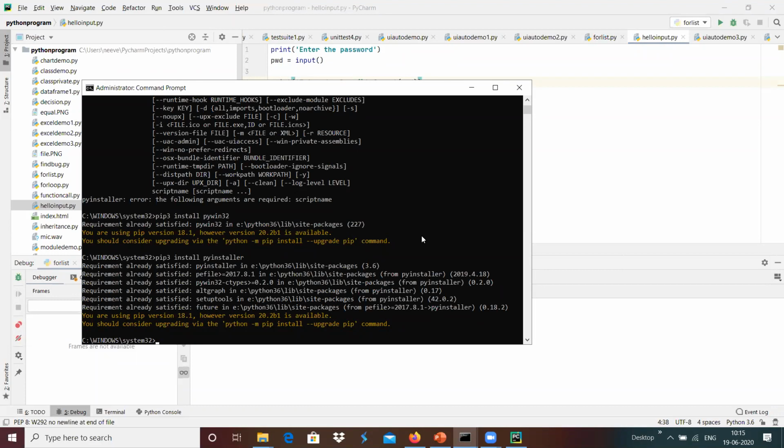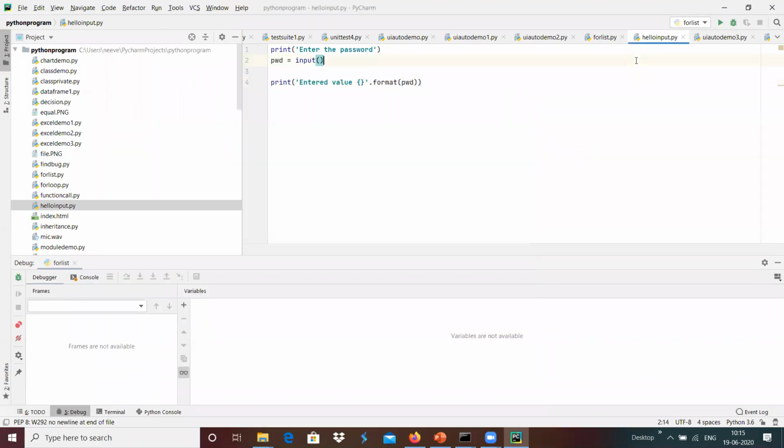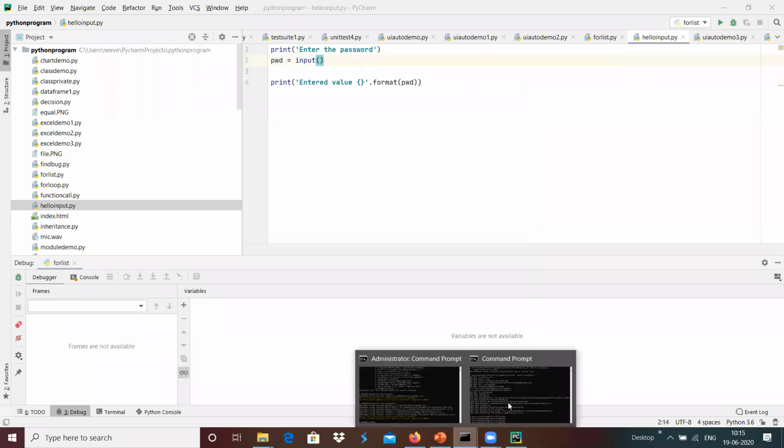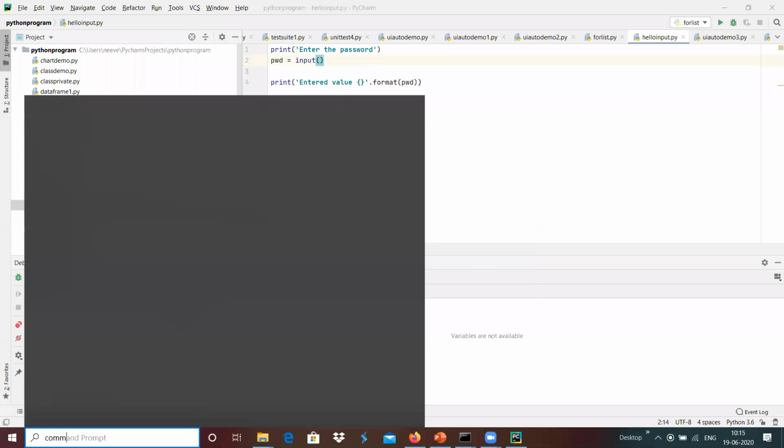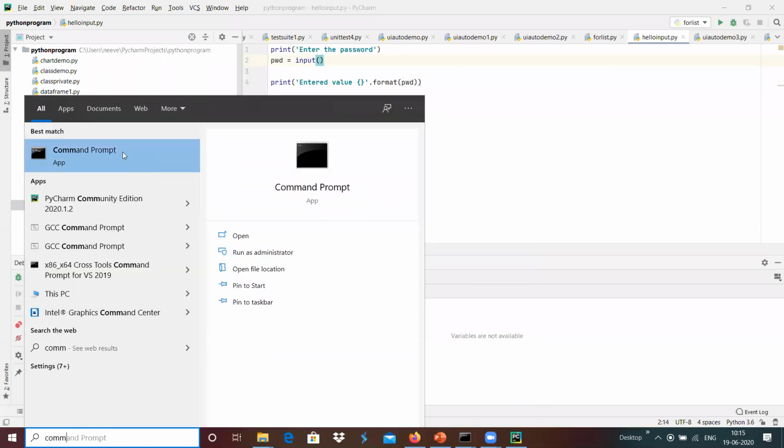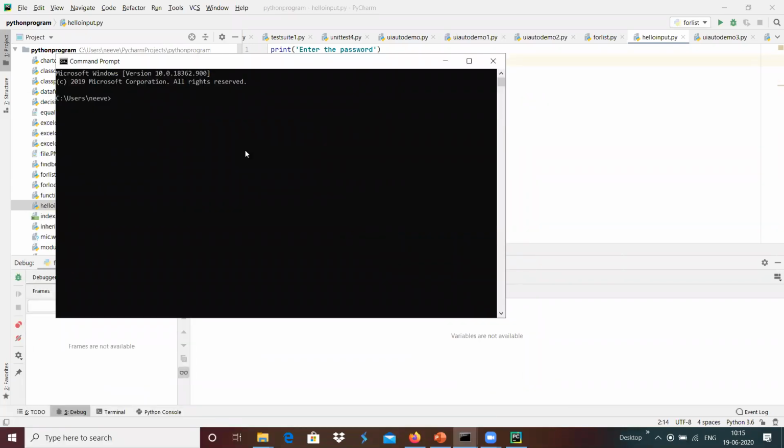Now we have the hello input.py, and I'm going to execute this in a command prompt. My file is present here, C colon Navy, then PyCharm projects, and the Python program.